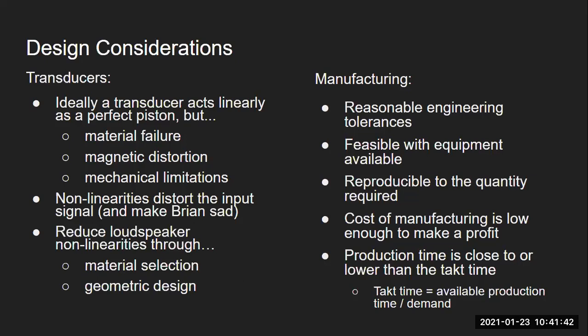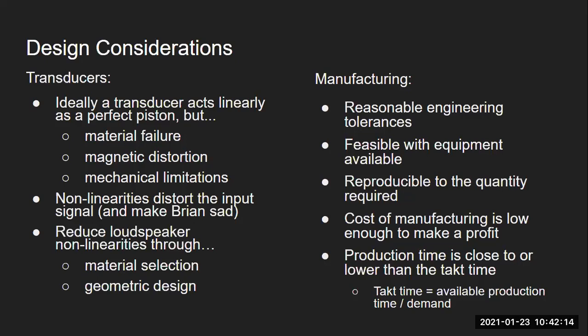But when you have your material moving that quickly, the stiffness sometimes just can't keep up, and so your material is going to start flexing in a way that's not predictable very easily without very advanced FEA methods. So that's a very common material failure. Also, you can put too much current into your coil and melt it, which is not a great thing. That would be another example of material failure.